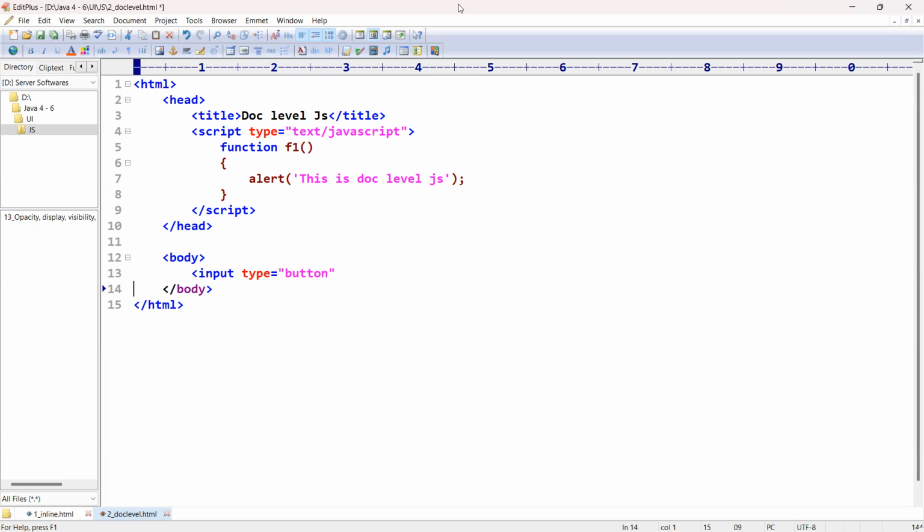Input type equal to button, onclick equal to f1. This is the function call. In the previous program, I gave the alert statements inside the onclick attribute itself. But now I have given the function call. F1 is the function call. I have written the function at the document level, inside the head tag. Now, whenever I click on this button,